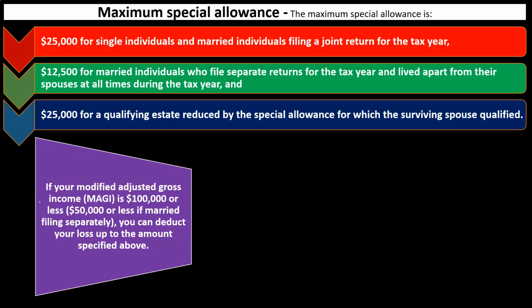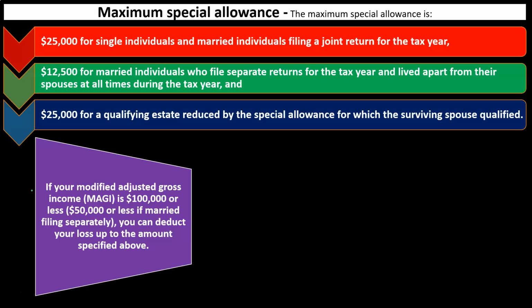Now we're going to look at the modified adjusted gross income limitations. Note that I believe these are still coming from the 2019 information. I think they're the same, but if there's any differences, possibly we will put them in the notes. But just realize I believe this information is coming from the 2019 publication and instructions. But just note there's a modified adjusted gross income limitation, basically an income